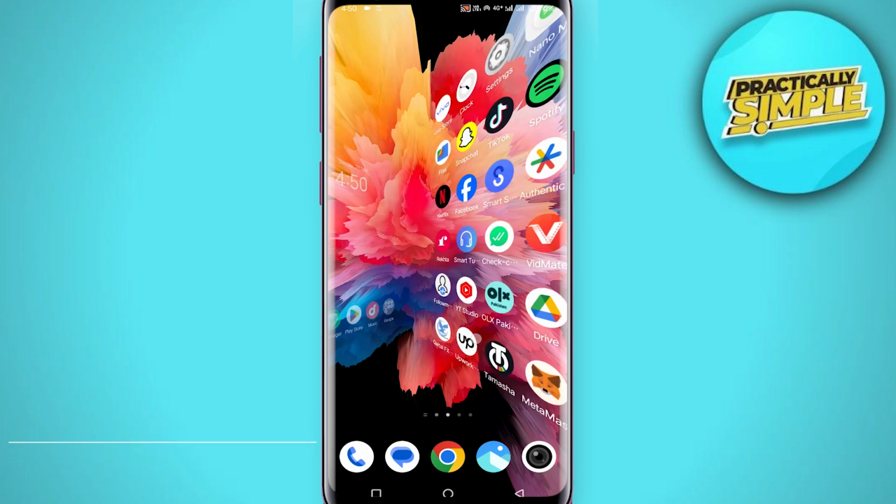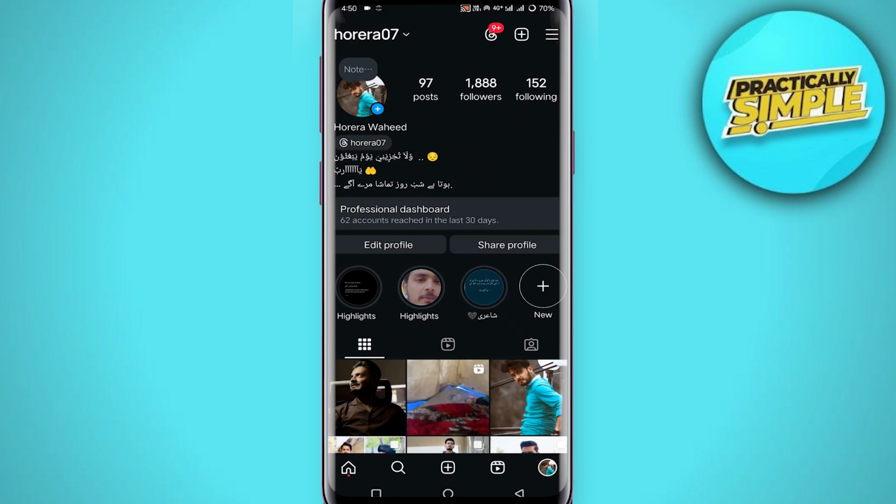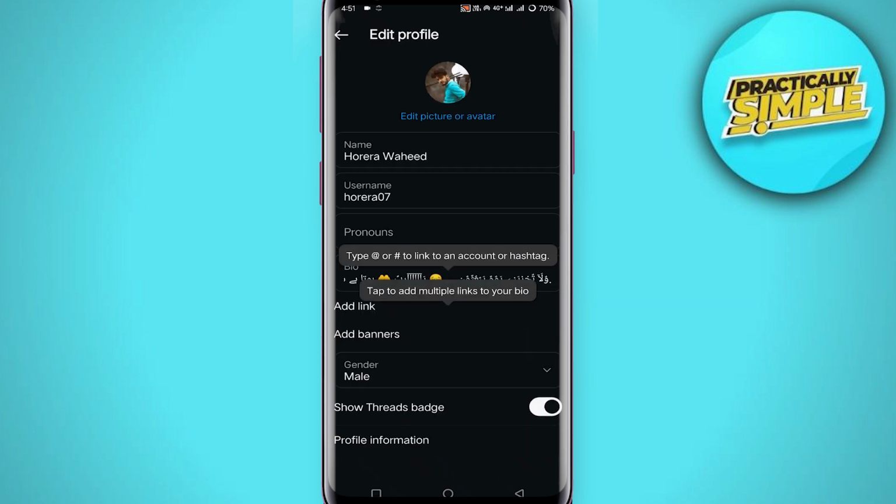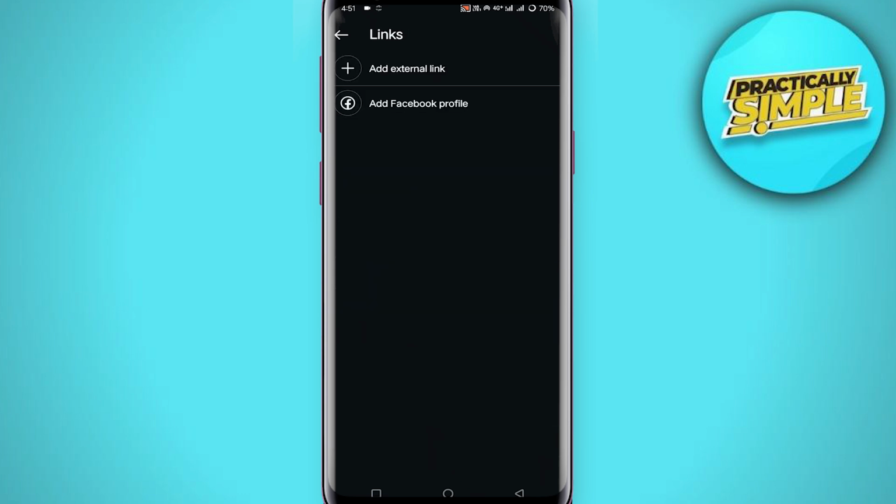So for this, first of all, just open up the Instagram application in your mobile and then click on your profile picture in the bottom right corner and then tap on this edit profile right here. And as long as you updated your Instagram app in the link section, you could add multiple different links, not